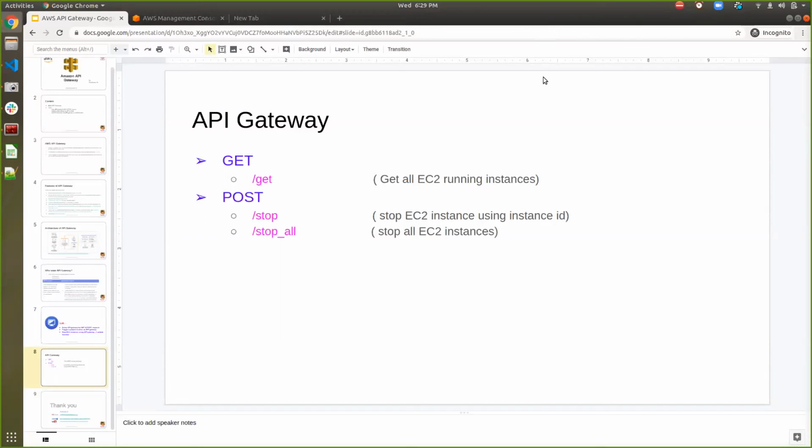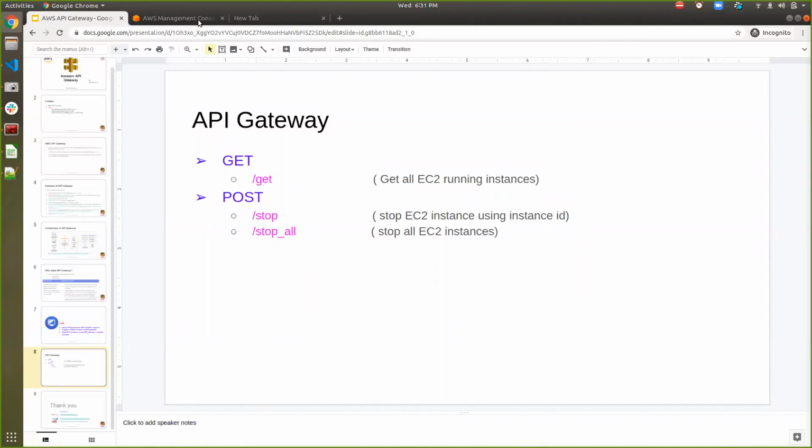And second, the post API, where I can perform two actions. The first action, I'm going to stop one EC2 instance by using a provided instance ID. And the second action, I'm going to stop all EC2 instances by using the post action.